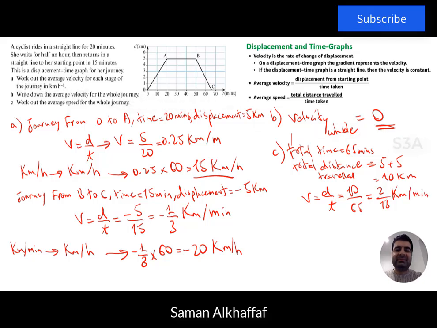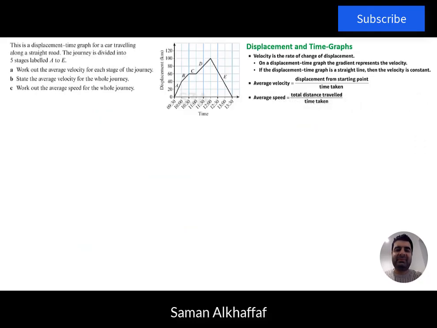Now if we want to change it from kilometers per minute to kilometers per hour, we would have 2 over 13 multiplied by 60, so that would give us approximately 9.2 kilometers per hour, which will be our answer for part C. In this example, this is a displacement time graph for a car traveling along a straight